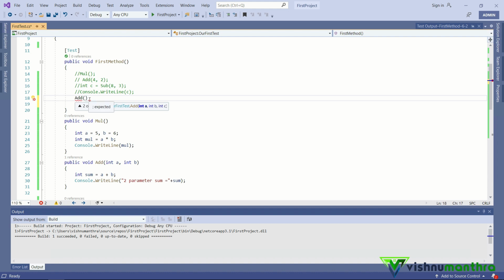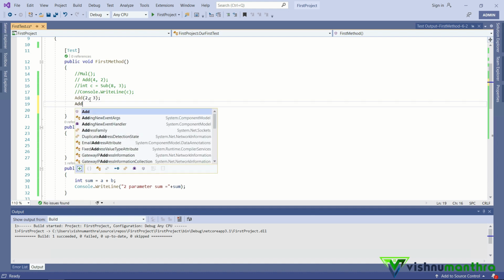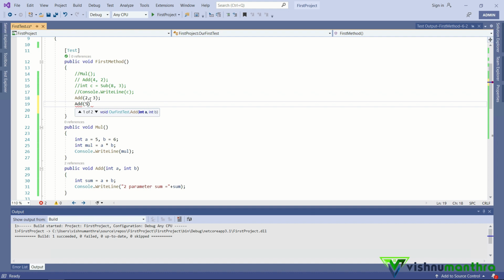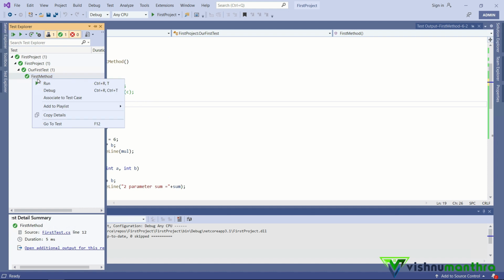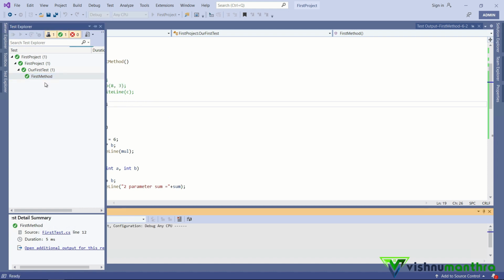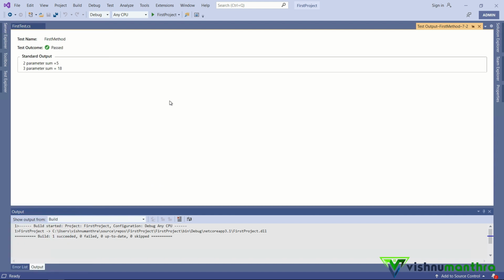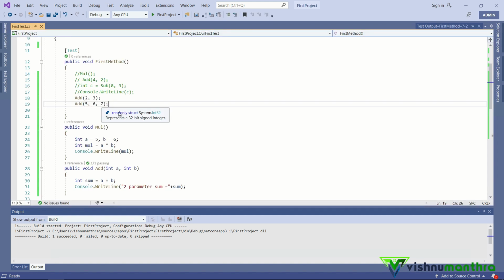And I am going to pass 2, 3 in order to use our first method, and for the second I am going to pass 3 values. Okay, 5, 6, 7. Now we will try running this to see how it works. You can also debug and see how the statement flow is happening. We covered debug in our last video. You can check it out to understand how to debug it. So you can see that 2 parameters sum is equal to 5 and 3 parameters sum is equal to 18. So it got printed as we expected, right?